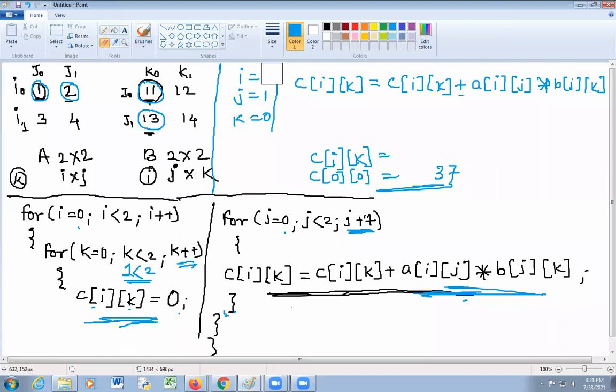So see here, i equal to 0, j equal to 0 and k equal to 1.